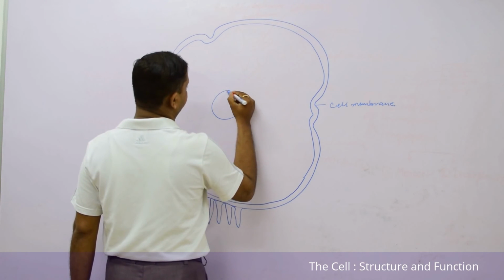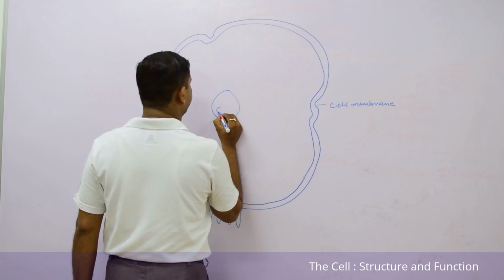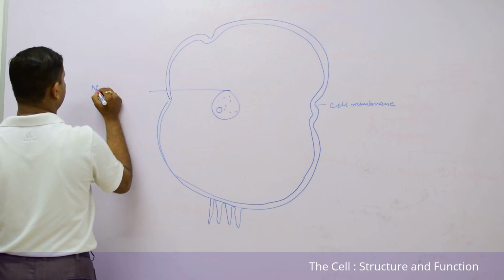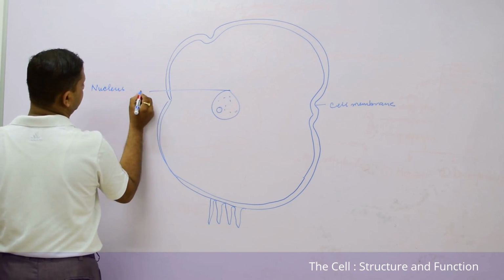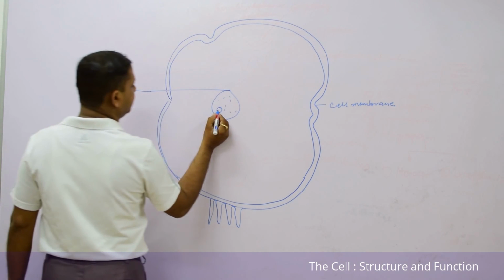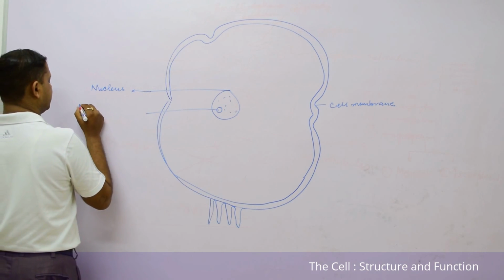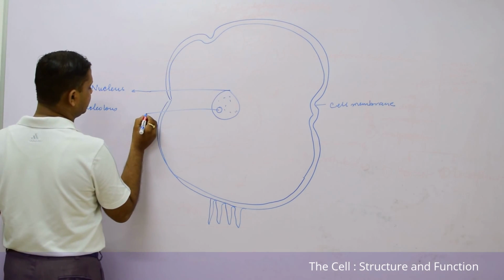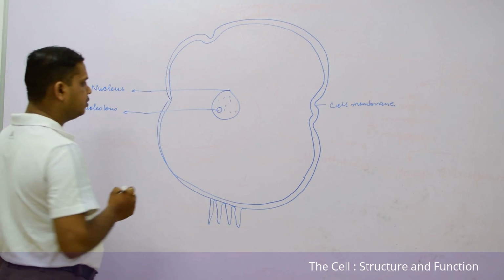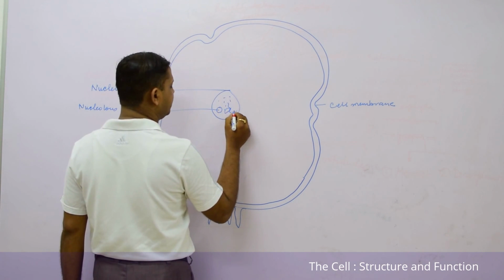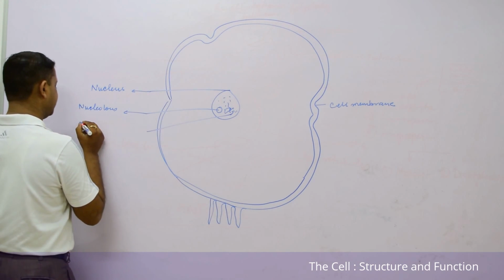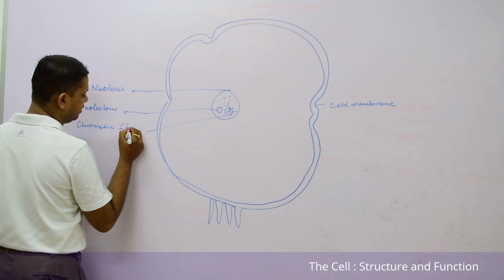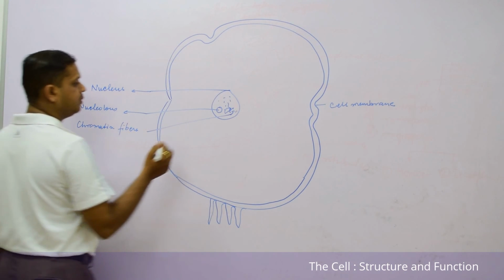Inside this, a prominent nucleus is present. This is the nucleus. This body is known as the nucleolus, which controls the nucleus. Here the chromatin threads or chromatin fibers are present. Some ribosomes are also